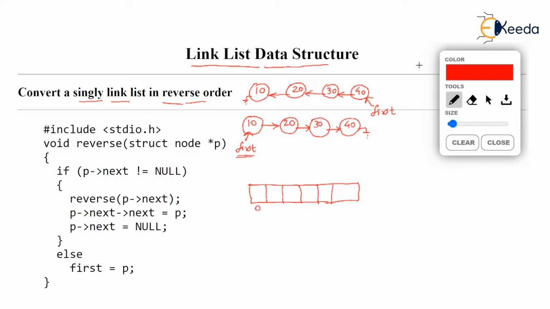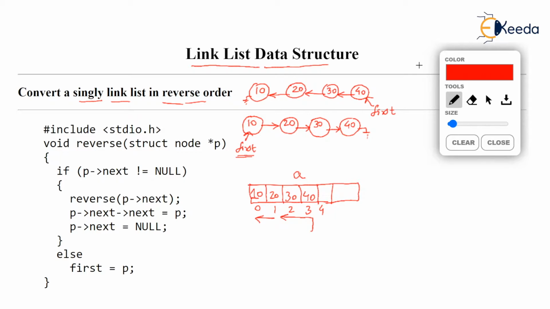And what we will do is that the source linked list given, which was 10, 20, 30, 40, will be traversed using our usual method. From 10 to 20, we will traverse this list and copy all the values, 10, 20, 30, 40, sequentially into the array, let's say A. And now, once we have copied all the values from first to last, 10 to 40, we will traverse this array backwards.